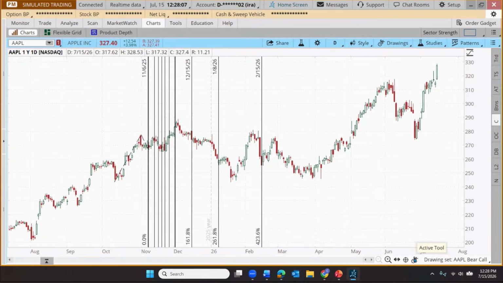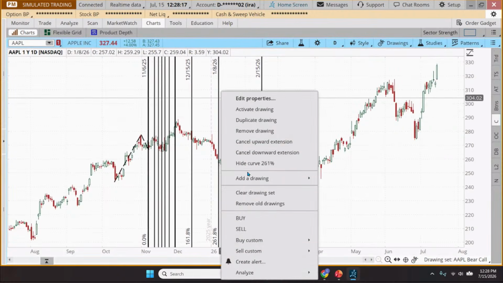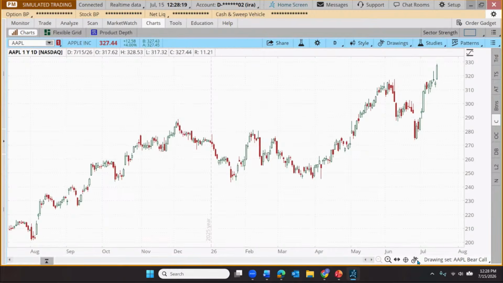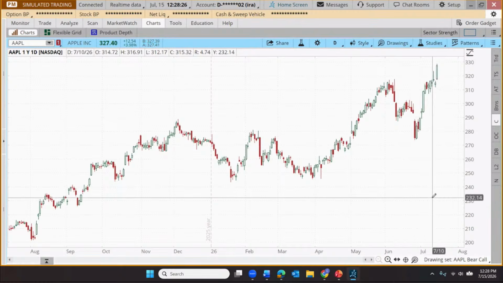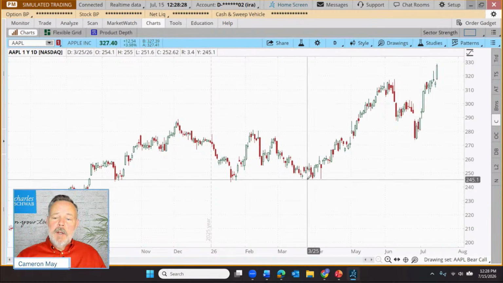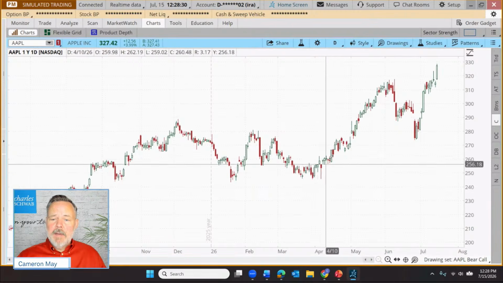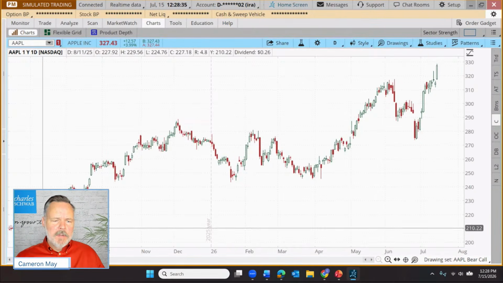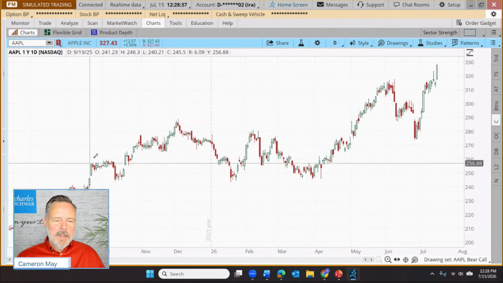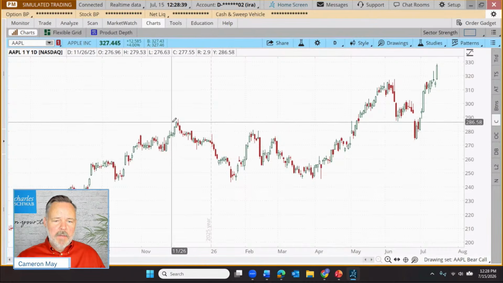Okay, we're going to look at a couple that combine both time and price. But we're going to start with, well, let's clean up our chart here again. Right click. Let's remove this drawing. Let's come down and choose our Fibonacci arcs. How many of you have used Fibonacci arcs before? So Fibonacci arcs, again, we're going to look for a very strong move to the upside. Here, actually, this is the biggest move of the year with very little interruption. This one was just a strong move, but a little more wobbly back here.